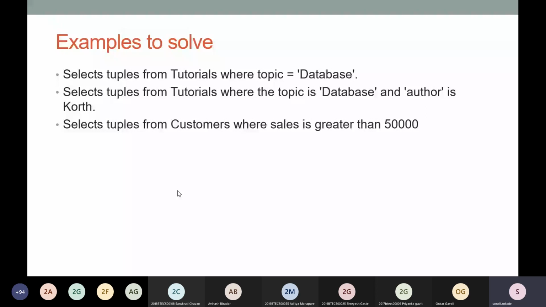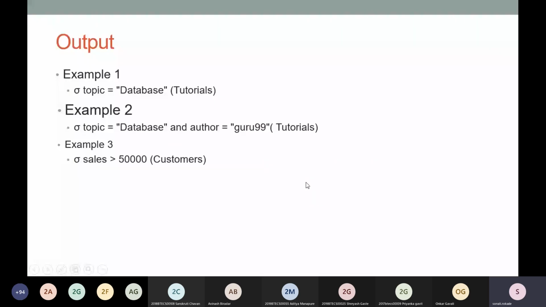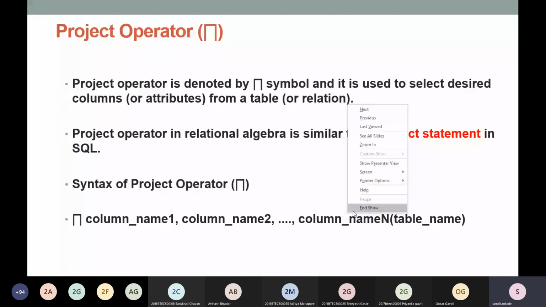You have to write the relational algebra of these select operations. I will give it to you at the time of assignment. So I'm not going to show the output. We will stop here and move on to the query session.